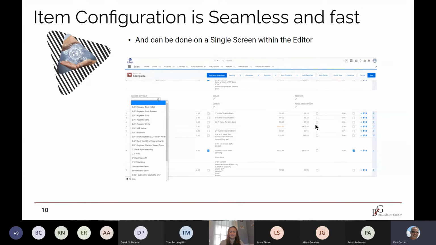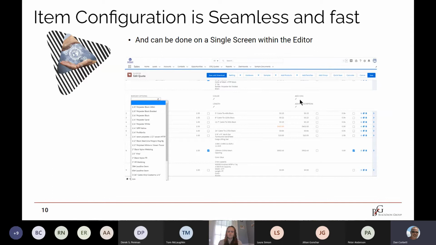The other thing that exists inside, and this is all base configuration in CPQ, is that on the edit quote line item screen, you have the ability to customize that product. So you're not leaving this, going into an individual project and back clicking, going into another project and back clicking. Basically, you're working from within this matrix of the items and configuring that to get the price to work, right? So if we pick the border, it has a price rule associated with it. If we pick the color, I don't think the color has a price, but if we pick the length